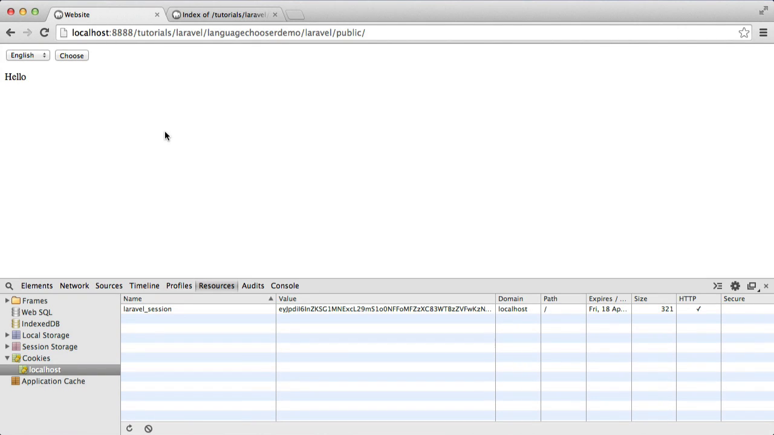In this series, we're going to be building a language chooser with Laravel. We'll go ahead and take a look at how this works first, then we'll install Laravel and we'll actually build this. So you can see I've got a drop down here with two choices of language. I've also got a button to go ahead and submit this, and you can see I've got the text hello